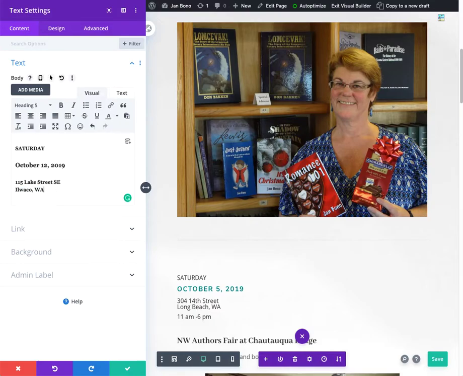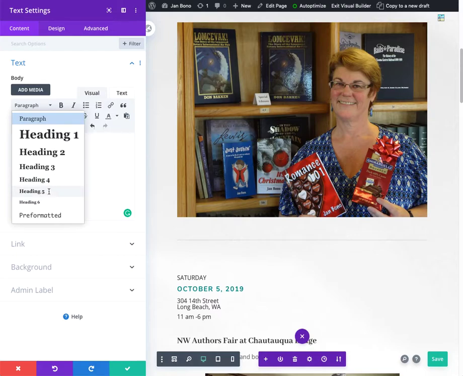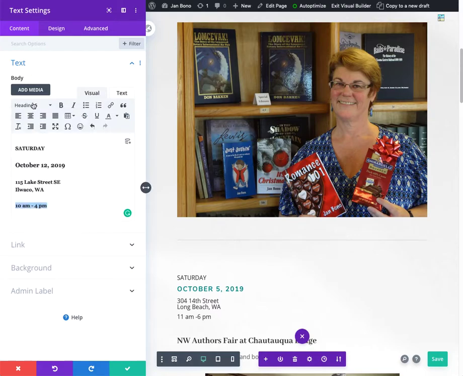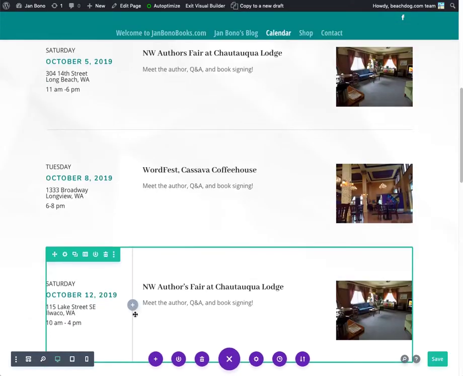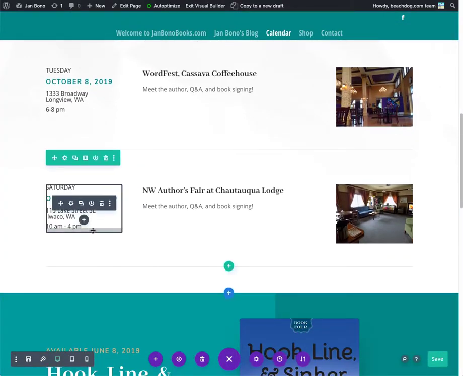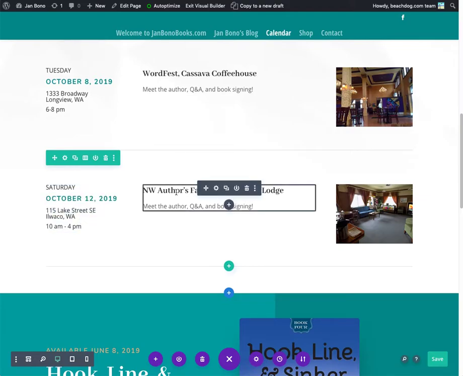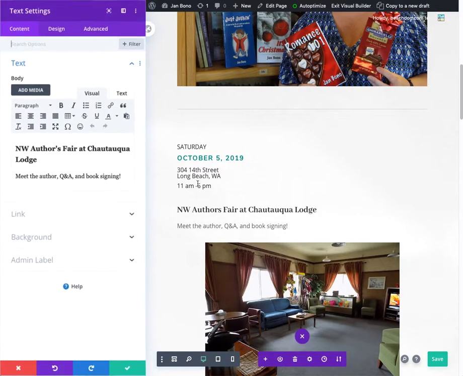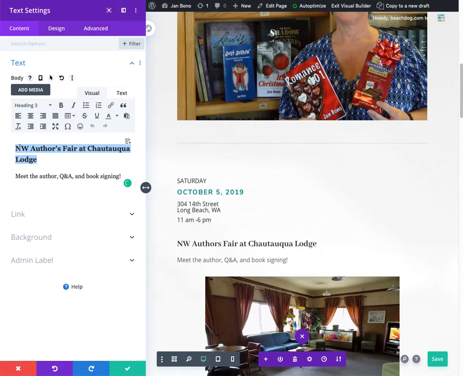And that's going to be 10 a.m. to 4 p.m. And again, I'm setting the styles by using this drop down here. And then give it the eyeball check when you get on this side, make sure everything looks okay. And the title, clicking in the gearbox, the title is